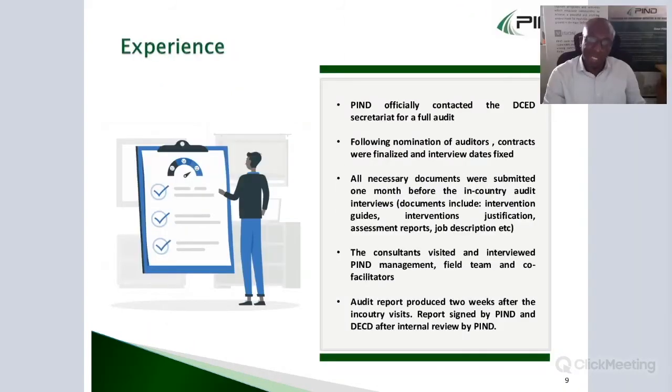Last year, we officially contacted the Secretariat and told them that we're interested in doing a full audit. And following that, he was able to nominate 2 auditors. We got our DC office to finalize the contracts. One thing that was quite significant is that 1 month before the audit interviews, we were asked to actually submit